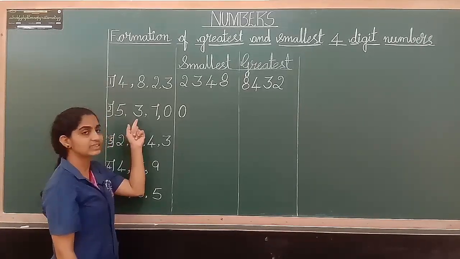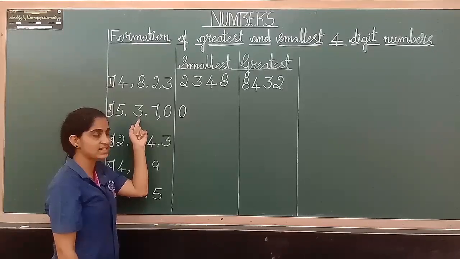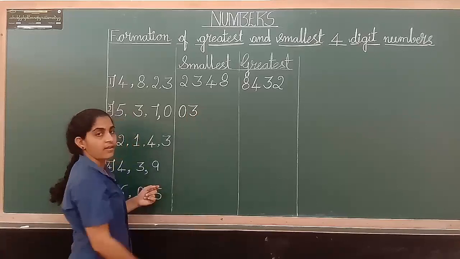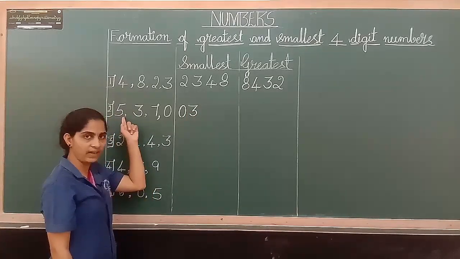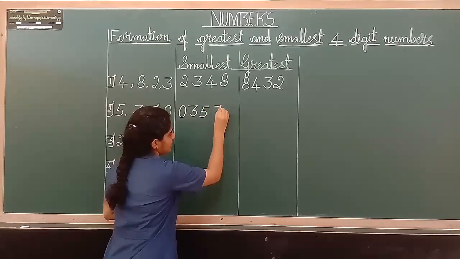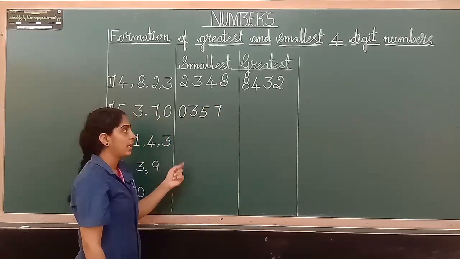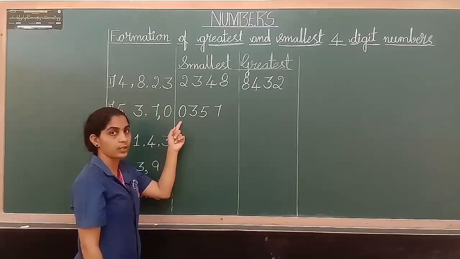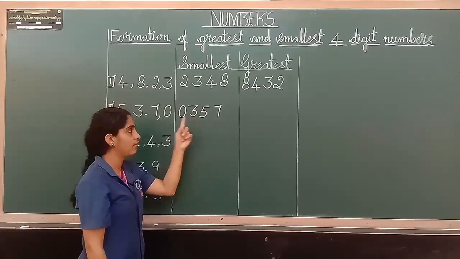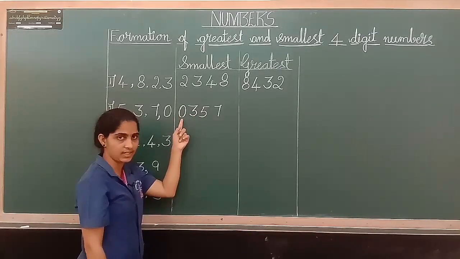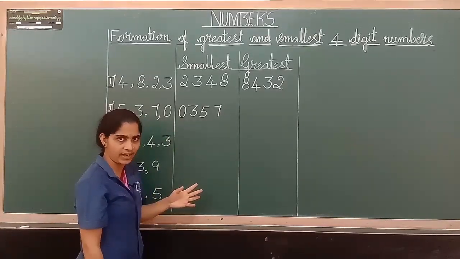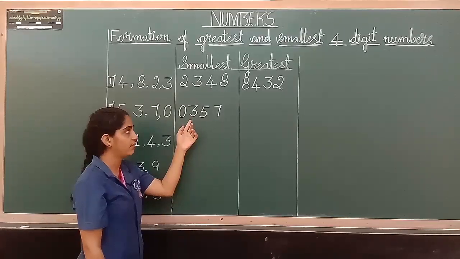Next is 3. Next smaller digit is 3, right? Which comes next? 5 comes next. And the last one is 7. When you read this one, you know the places. This is thousand, hundreds, tens and ones. We have 0 thousands, right? 0 thousands means we don't have any thousands, right? So how do we read this one? We read it as